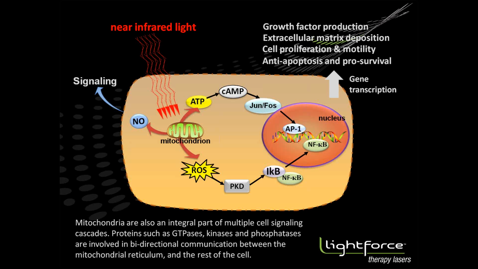You also can have signaling related to NO, and that can be either intracellular or extracellular, relating to everything from cell signaling, also inflammatory pathways and microcirculation. And then there's also the reactive oxygen species pathway. So that is a bit more of an inhibitory pathway, but can be stimulating. It really depends on the dosing. And at times these signaling pathways work in concert, and other times they work against each other. So it's an amazingly complex set of mechanisms, but very well characterized in the literature. So next slide.